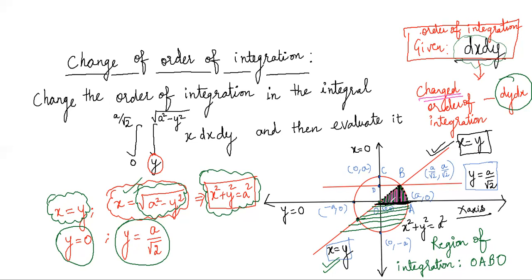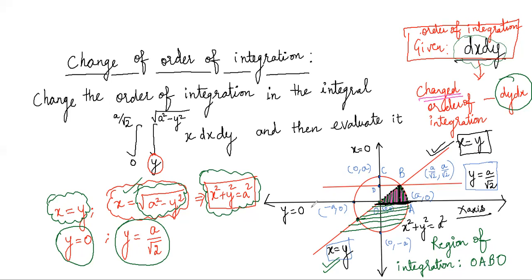And if we consider the strips in the region of integration, which are in pink color, to the left of this black strip, they are all ending at the curve, which is the straight line. So if the starting and the ending curve are not the same for all the strips in the region of integration, then when we change the order of integration, we will break it into two parts, say R1 and R2. And in R1 we will find limits separately, and in R2 we will find limits separately.